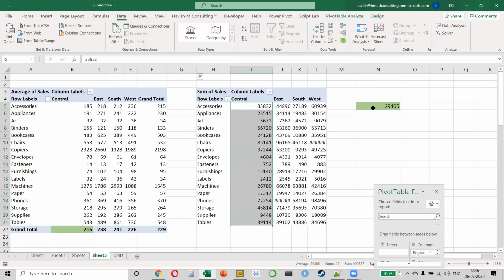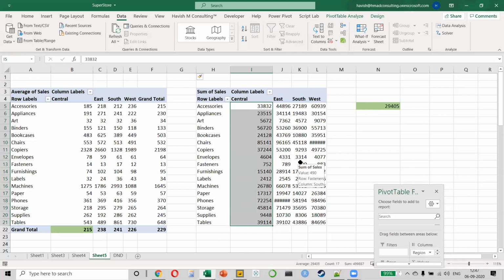I will say that in the central region, I'm selling 17 subcategories. What is the range? There is a subcategory whose total is only 752, which is the least. And there is a subcategory whose total is 85,000, which is the highest. But if I average every single product category, then my average is 29,000. That means that on average, the subcategories that I'm selling in the central region are worth 29,000. Not each transaction, each subcategory as a whole. When I do it like this, does it not make much more sense?